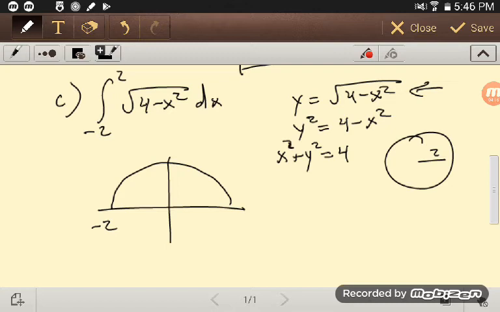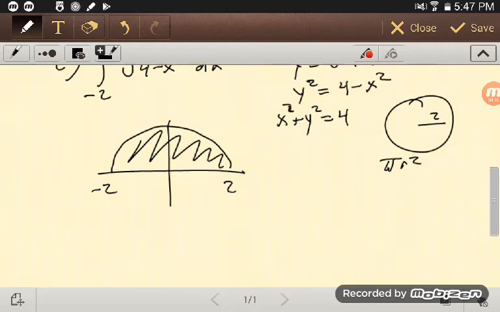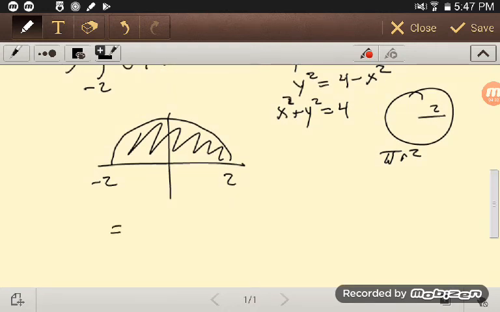there's minus 2, there's 2. We want that area, but that area is just half the area of the circle. Well, the area of the circle here is pi r squared. So then this area, our definite integral, is equal to pi times 2 squared, because that's the radius, and then over 2, because we just have the top half, and so we get 2 pi for our